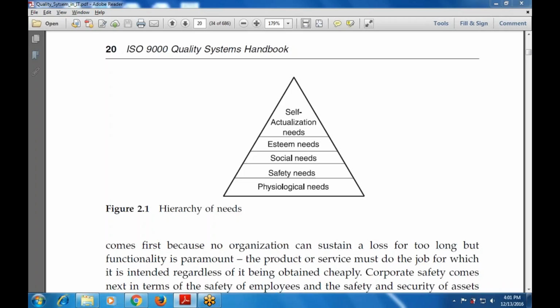So, how it is used, why it is used, why should we follow it for quality management in IT, or why should we use it? In the last class, we talked about the hierarchy of needs. What are the various needs that are carried out? The hierarchy of needs includes self-actualization needs, esteem needs, social needs, safety needs, and the psychological needs. So there are multiple needs that we have studied.